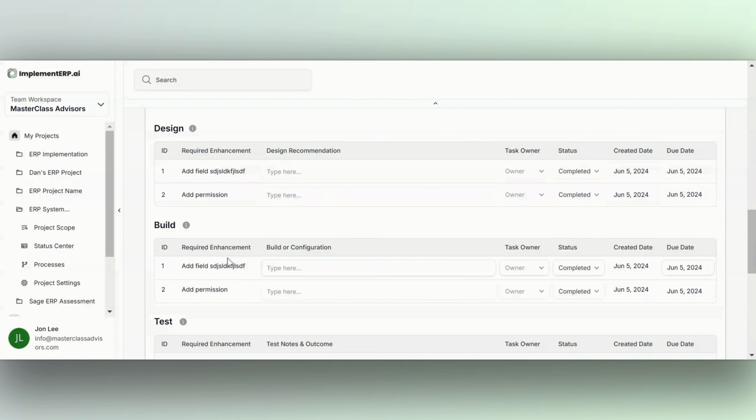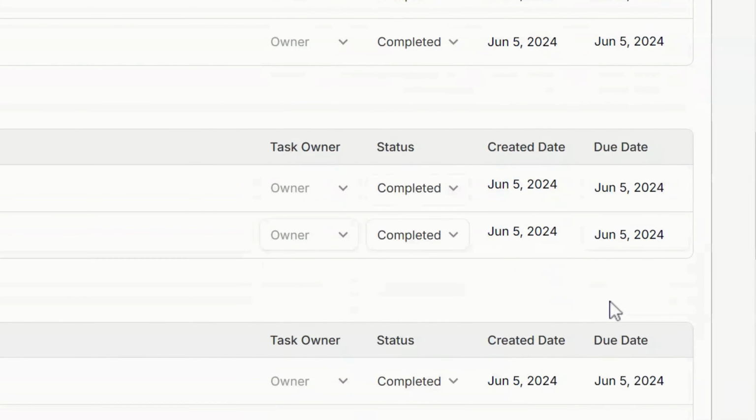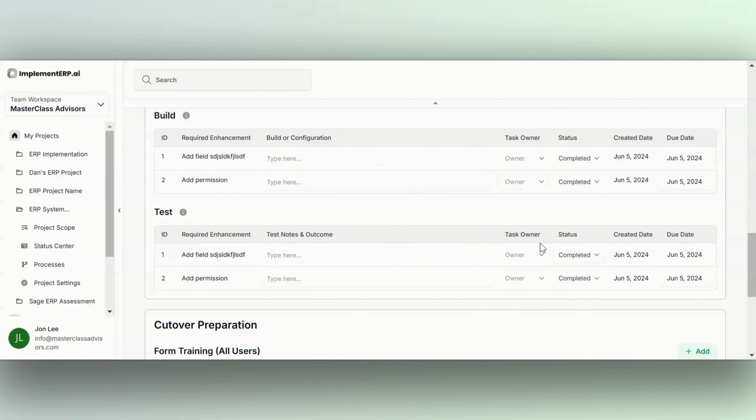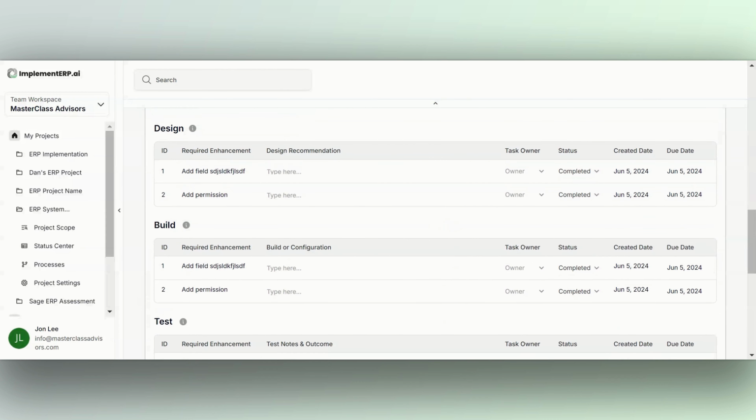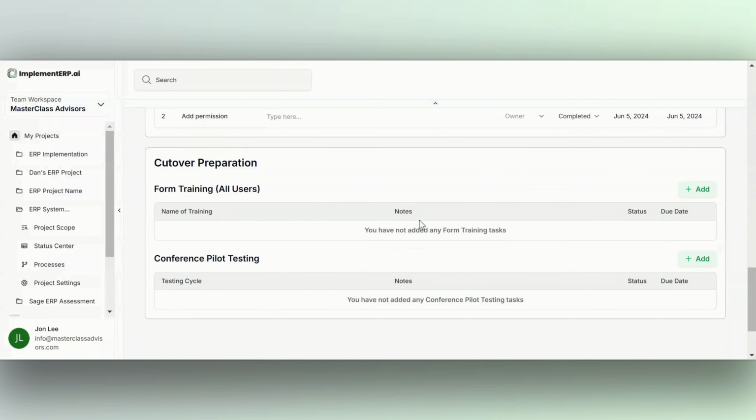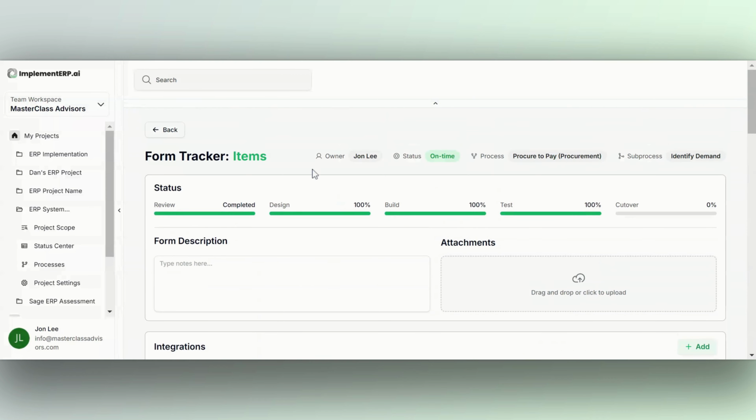And same thing, once that design is approved, they're going to build those changes. They're going to insert using some sort of a configurator tool. They're going to build that field in. They're going to add a permission and the backend table, owner for that task, due dates, etc. So these tasks, which would be very, very hard to track on a spreadsheet that has 4,000 other tasks, by providing them here, and there's a little bit more here at the bottom we're going to cover in a different video, but by capturing those under the items label